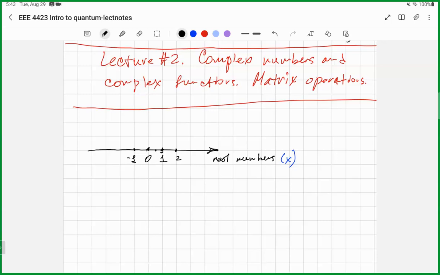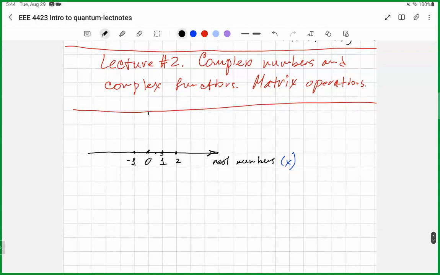But very often in engineering and especially in quantum, it's not enough to have only these real numbers. We need to introduce the imaginary part of numbers,